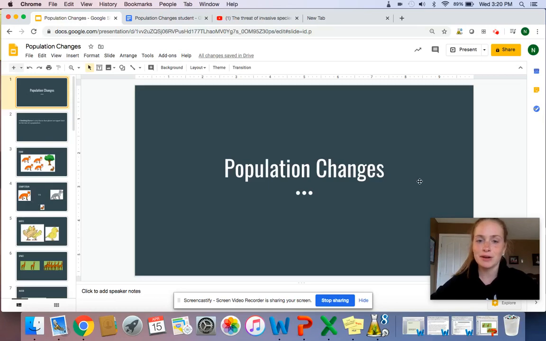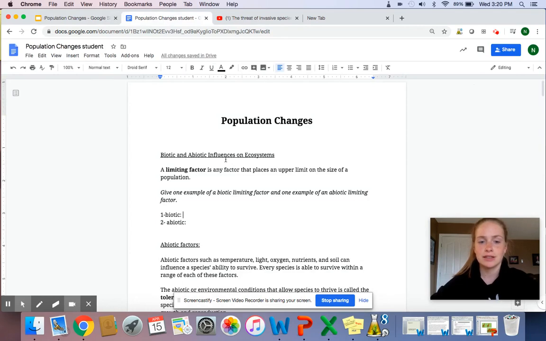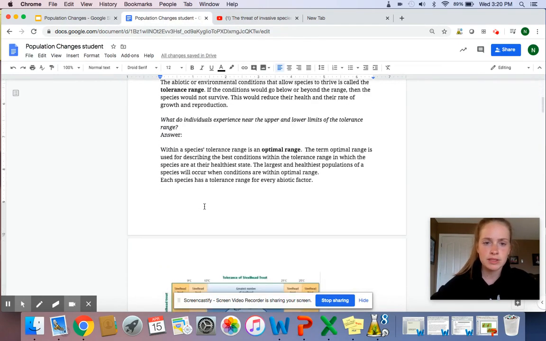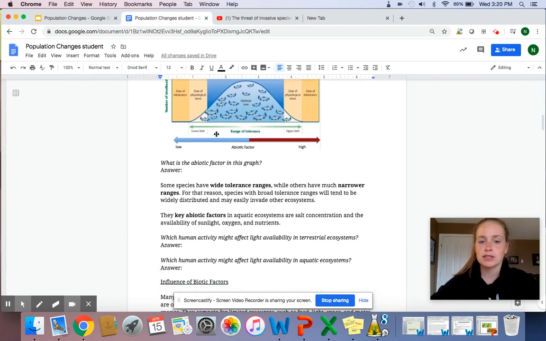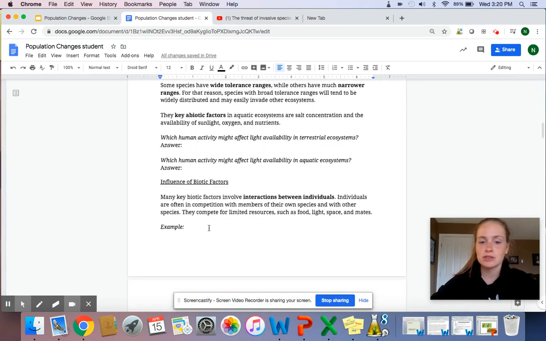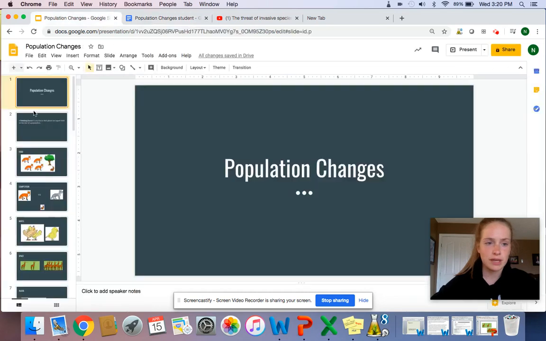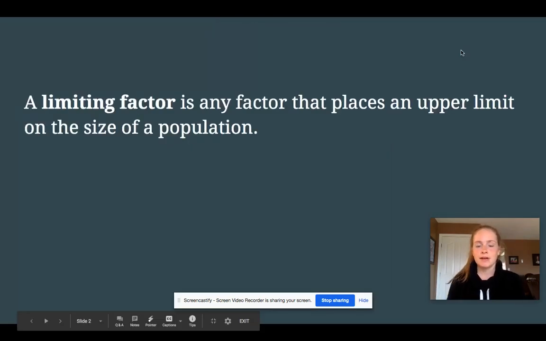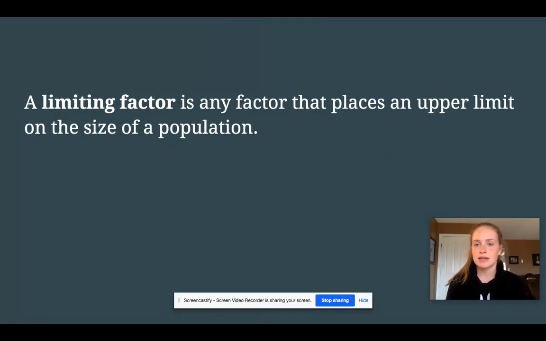Today we're going to talk about how populations change, and this is the document that you'll need. You'll have to give a few examples and answer a few questions throughout the lesson, so just make sure that you're paying attention today. And let's begin. A limiting factor is any factor that places an upper limit on the size of a population,